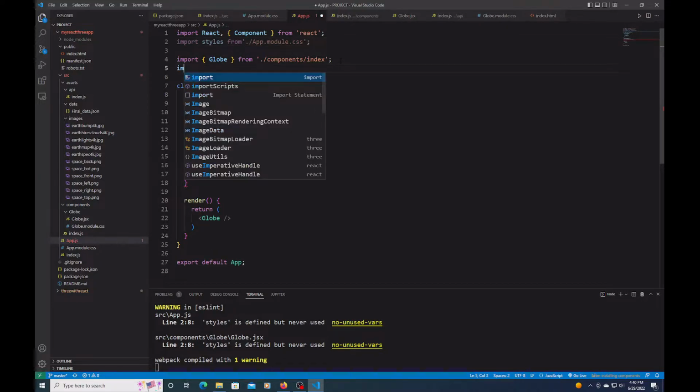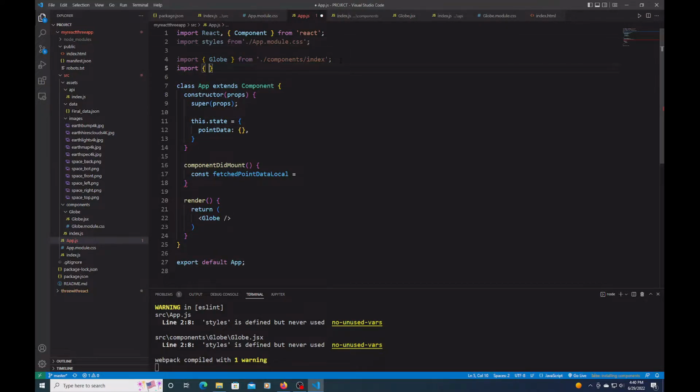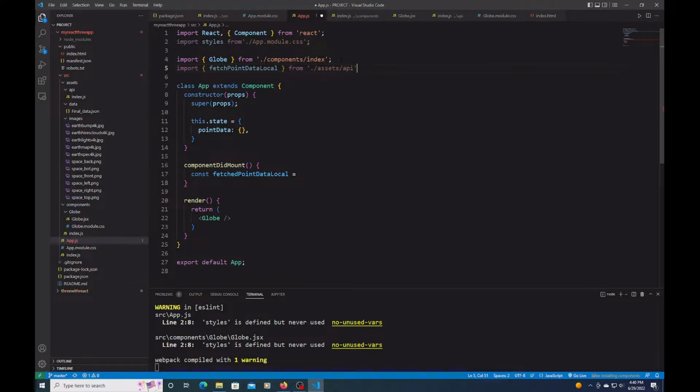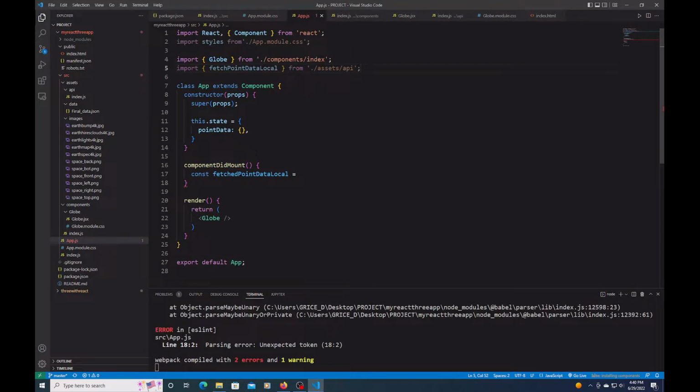So I'll do an import open close braces, and then say from /assets API, and then inside of here I'm going to set my fetch data to my function,